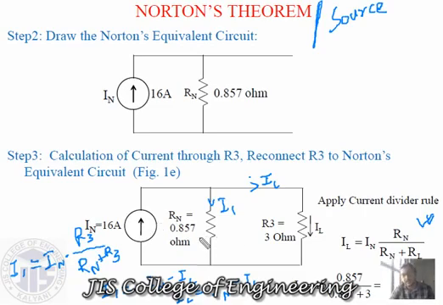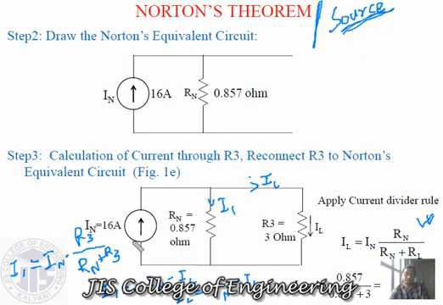Current source, there is a parallel resistance, so you can convert this. You can consider this current source in parallel with this one, and you can convert it as a voltage source in series with the resistance, or you can consider this one with this one. Anything you want, you can do it. Suppose they ask you to solve this by using this source conversion technique.